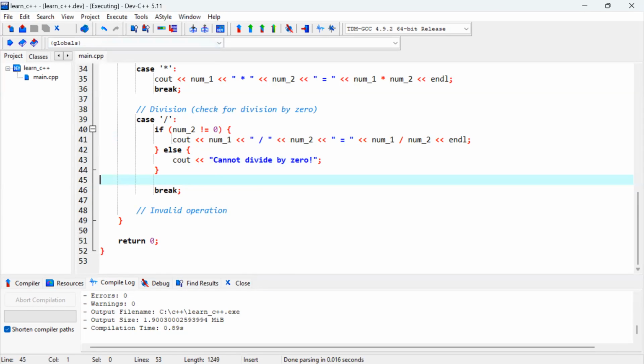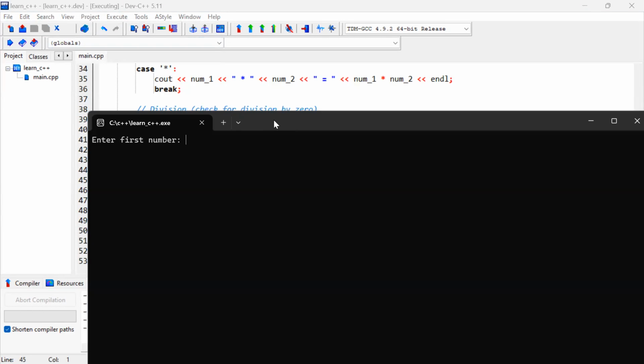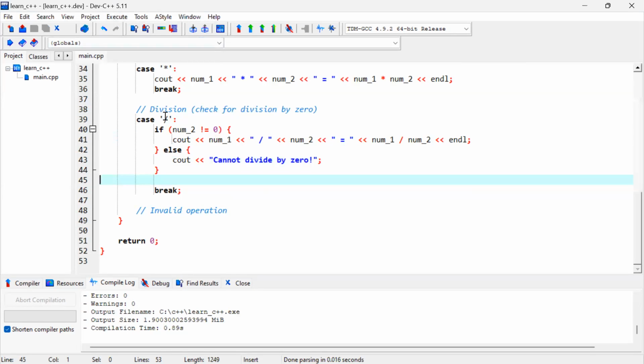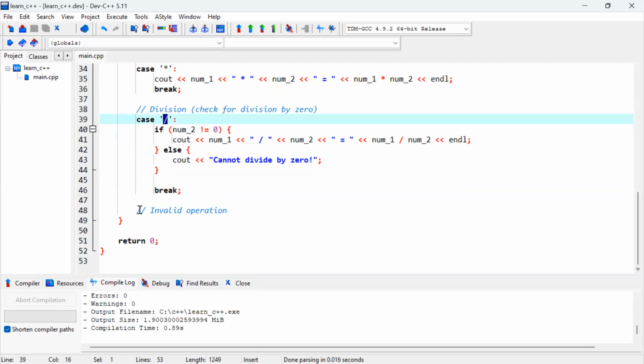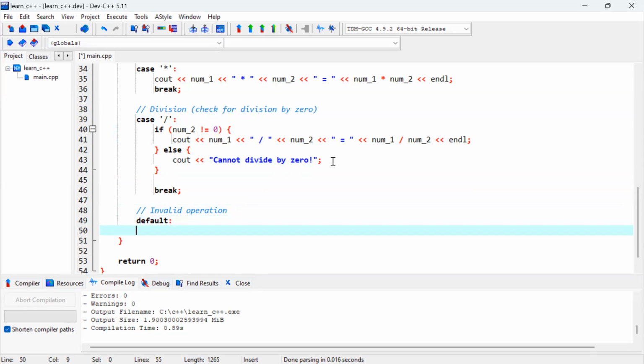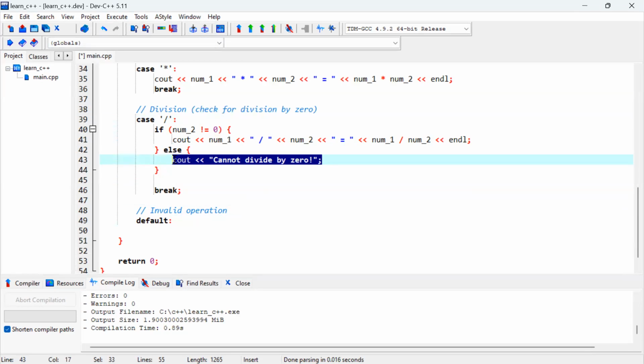But what happens if we try to put in some invalid operation, like a dollar sign, instead of anything that's in this range? So we see that the program doesn't really do anything because we haven't accommodated a case for a dollar sign. So we can always have a default case for anything that is invalid. So that's going to be our default case. And in this case, we can tell the user that